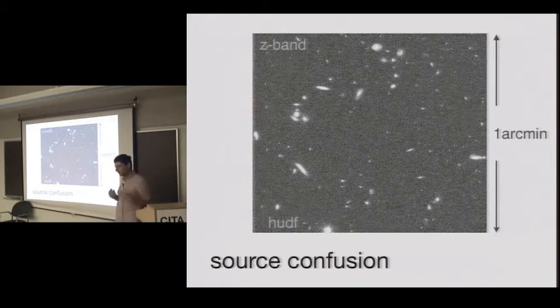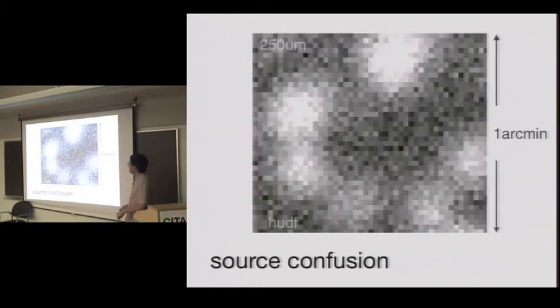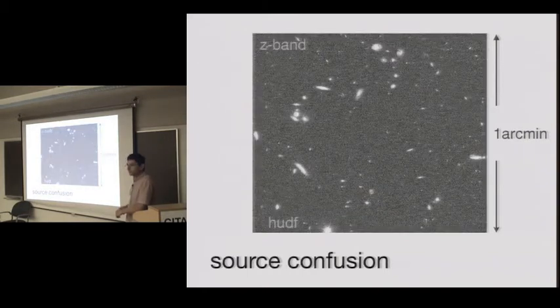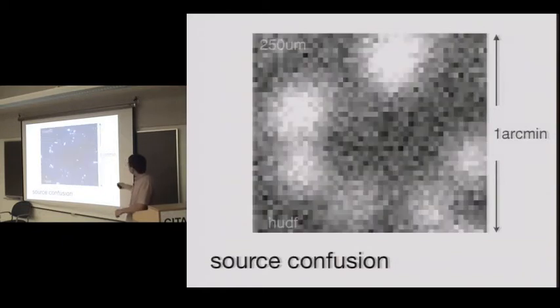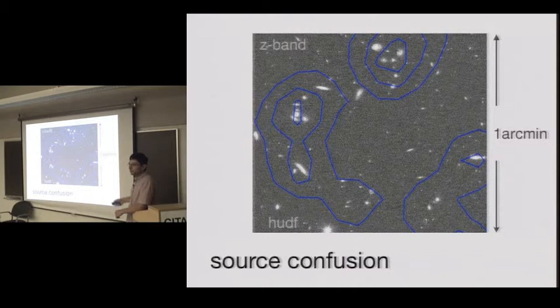Okay, this is great. We can do a lot of things with the submillimeter, but of course it's not all roses, right? And the reason is this source confusion. This is an image from the Hubble Deep Field from the Hubble Space Telescope, 1 arc minute by 1 arc minute. You can see a lot of galaxies, and it's very impressive. This is the same image from Herschel SPIRE at 250 microns. This is our best resolution in the SPIRE bands. And just to convince you that I'm not pulling your leg, you can see that they're tracing the same places, right? So here are contours of the 250 microns on top of this optical image.